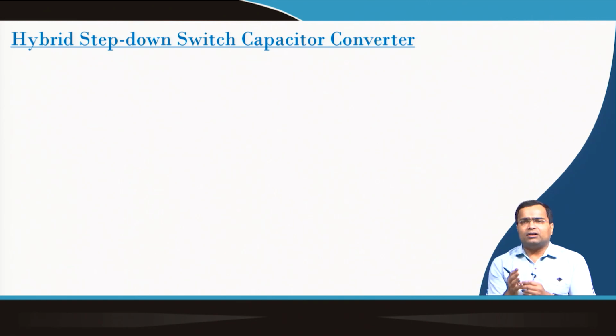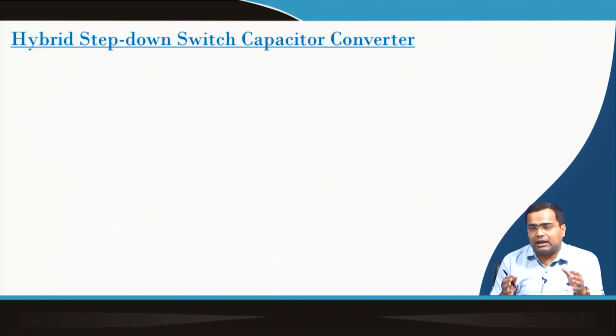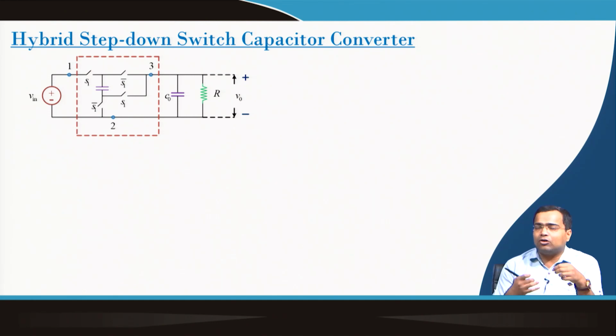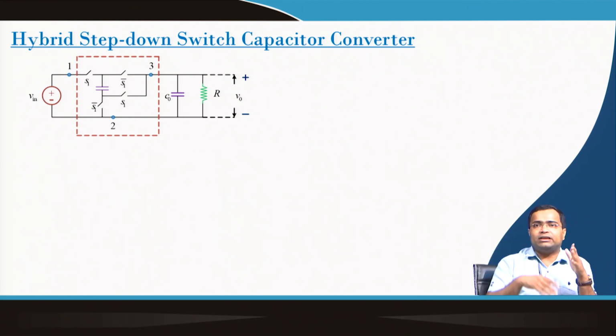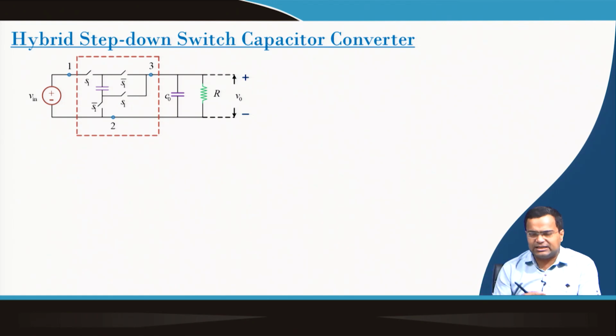So, we saw there are certain difficulties in a pure switch capacitor converter, because we are switching capacitors back and forth with different voltage levels, and that can lead to high inrush current. One way to reduce this inrush current effect is to put a current limit. That means the current should not change drastically or immediately. We need to put a slew limit.